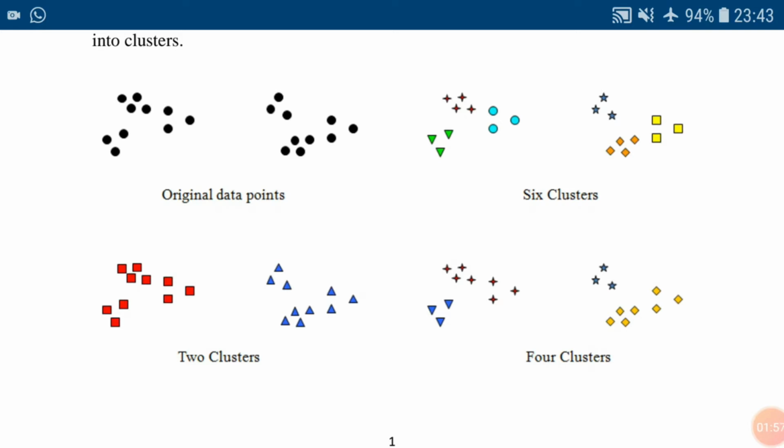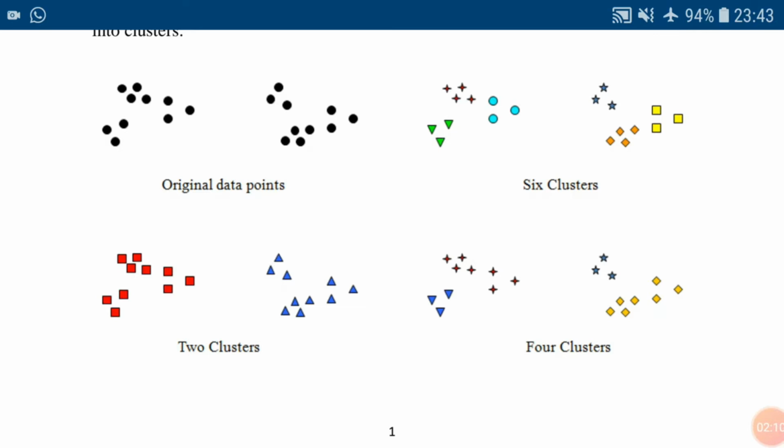So in part B we will see each and every cluster consists of some data elements. Those are having different shapes. So one is a triangle shape, one is a plus shape, one is a circle shape, one is a diamond, square, and star. Different types of shapes are there. But here there are 6 clusters. Each and every cluster consists of some data elements. Those data elements within the cluster are more similar.